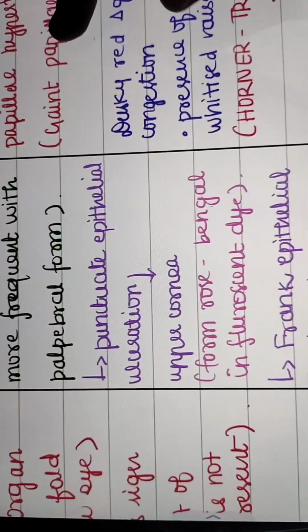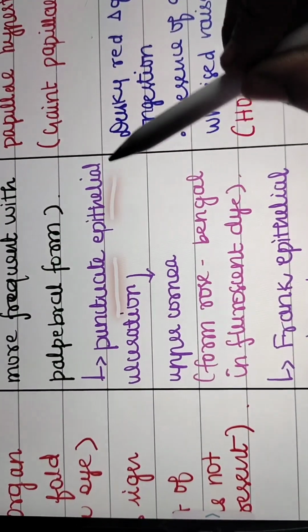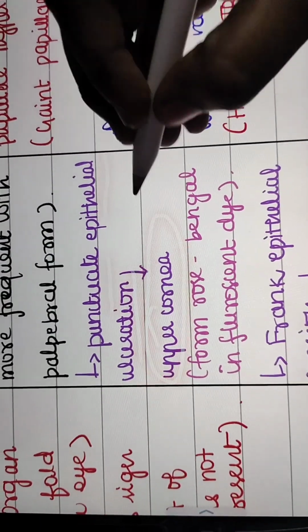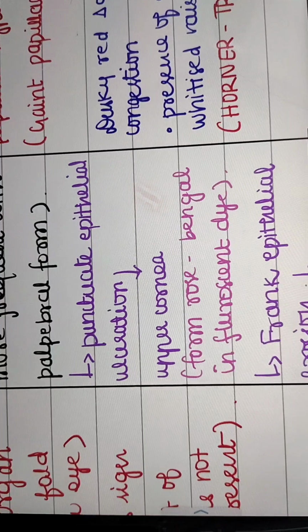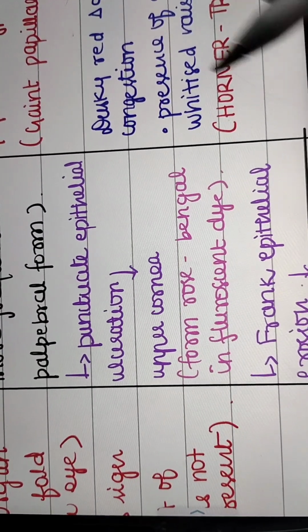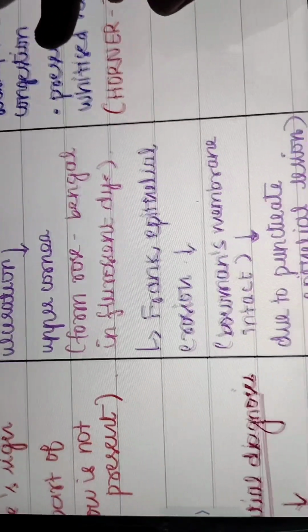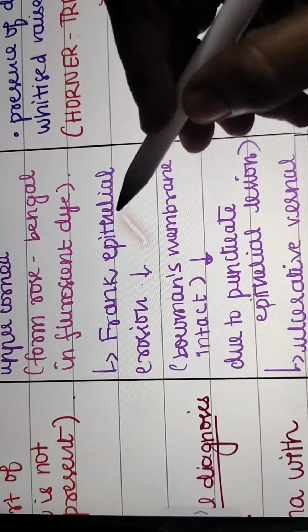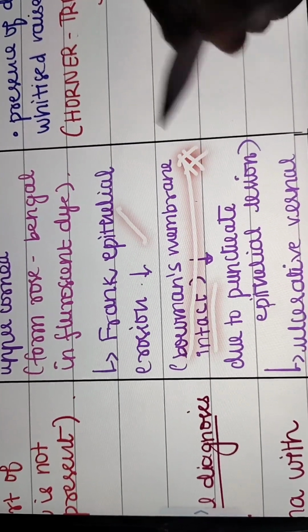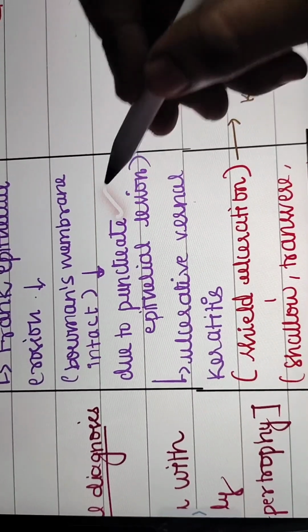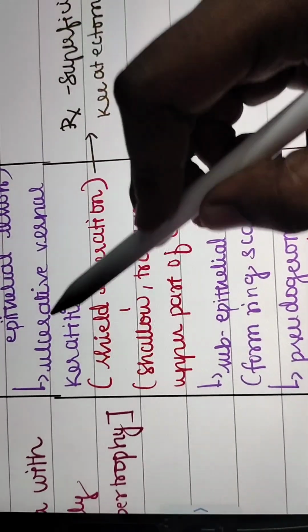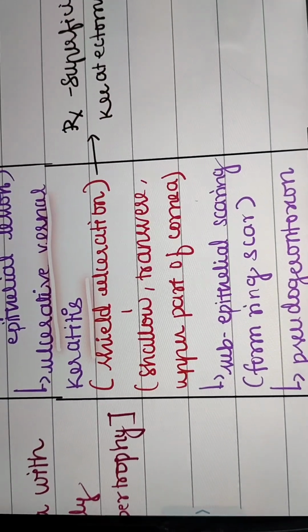What will happen? There will be a formation of punctate epithelial ulceration at the upper cornea, and this can be stained with the help of rose bengal and fluorescein dye. Okay, and we will be having frank epithelial erosion, and you can see the Bowman's membrane will be intact. It is due to the punctate epithelial lesion, and we will also be seeing the ulcerative vernal keratoconjunctivitis